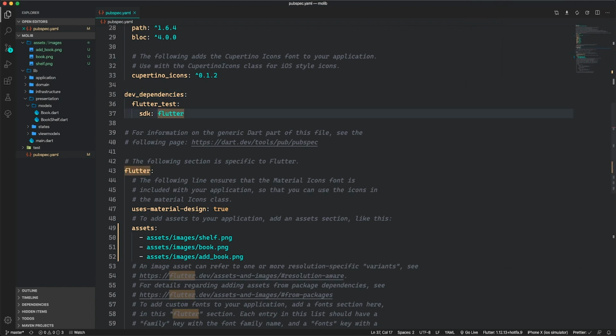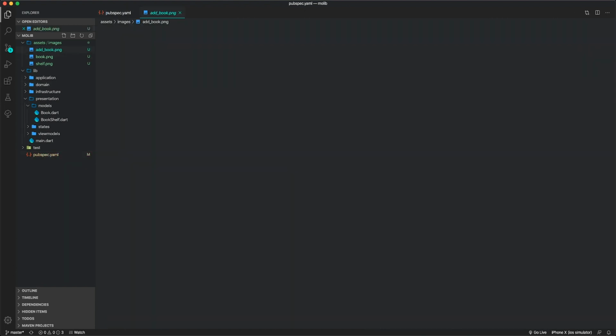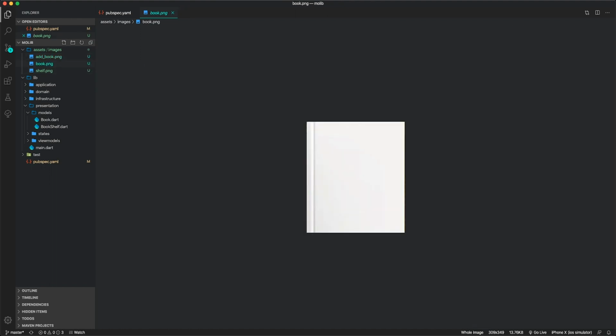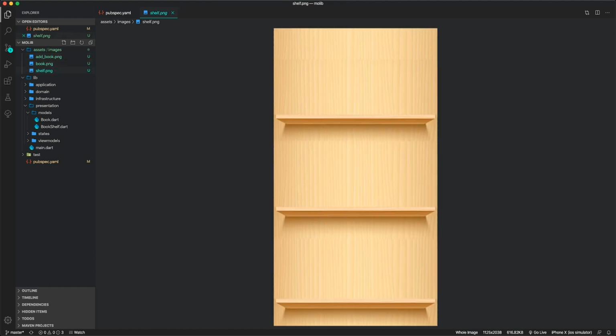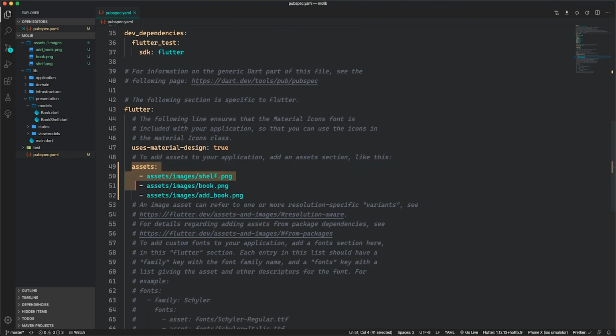There are a few dependencies or assets that are necessary for this tutorial, and you can download them from the GitHub repository. These assets are this add book image, a neutral book image, and also the shelf image. Once you download those and add them under the assets section of your pubspec.yaml file, then we'll be ready to go. And so I'll jump right into our presentation layer,